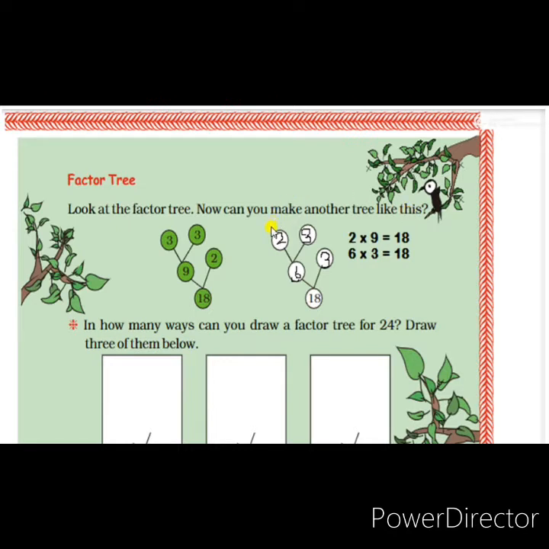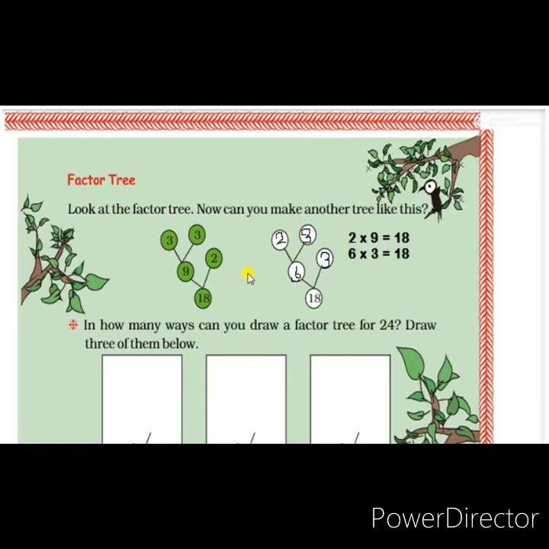Before going to this topic, first of all we have to know what factorization is, or how we can make these composite numbers into prime numbers. Factorization: in the last few classes I explained that when we find the factors of some numbers, some numbers have only two factors and some numbers have more than two factors. The numbers which have only two factors are called prime numbers. For example, 3, 5, 7.